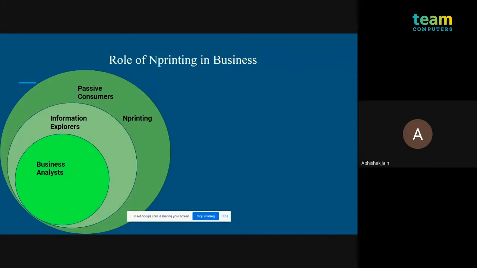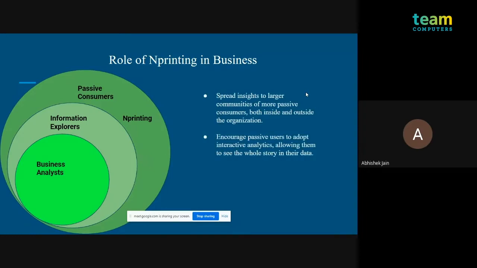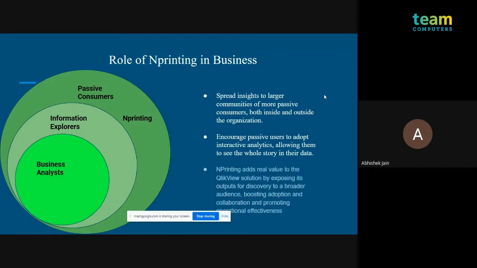You only get the data that you want, and what it does is it creates a thirst in the mind of the user to get more and more data, and then it pushes the passive users towards the inside circles, towards the information explorers and the business analysts. So imprinting plays a really driving factor in the data journey of your organization, because it can create a thirst for data and informed decisions in the users who are currently not using BI at all.